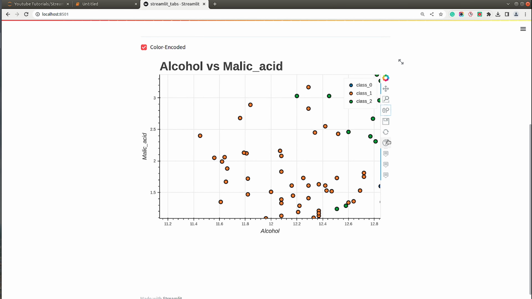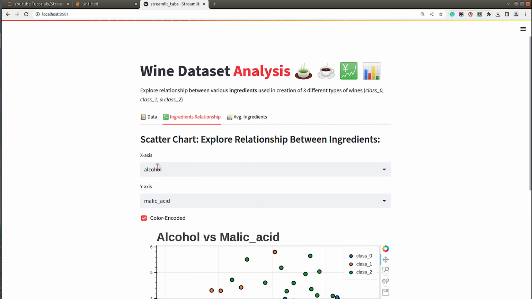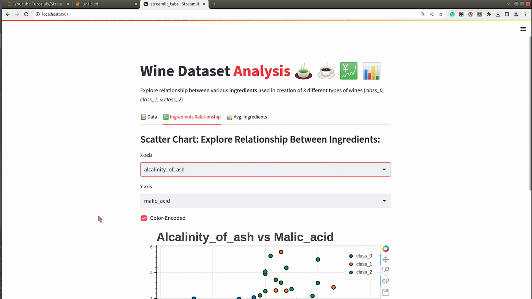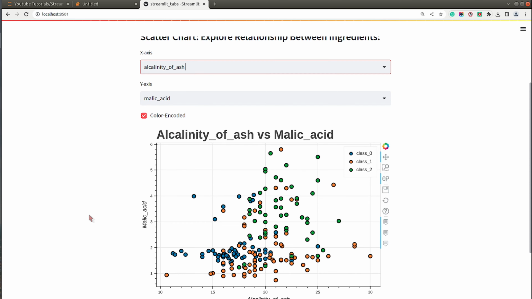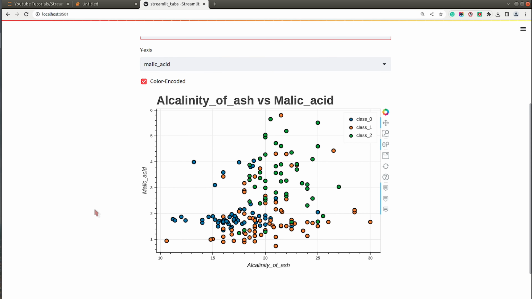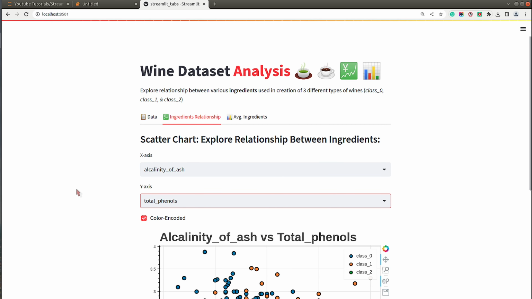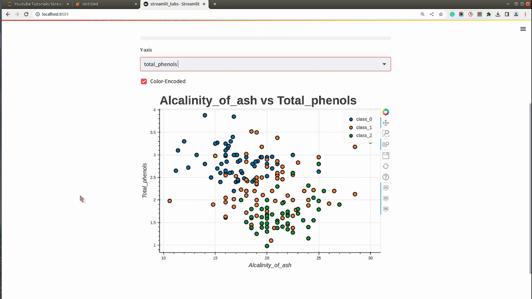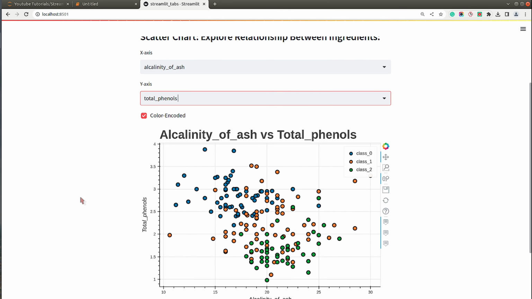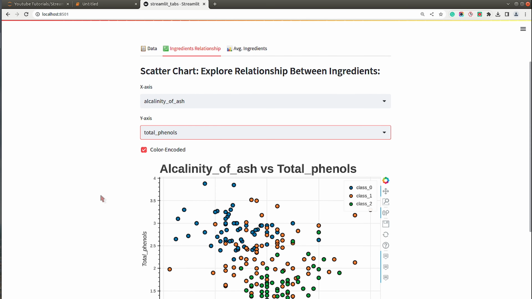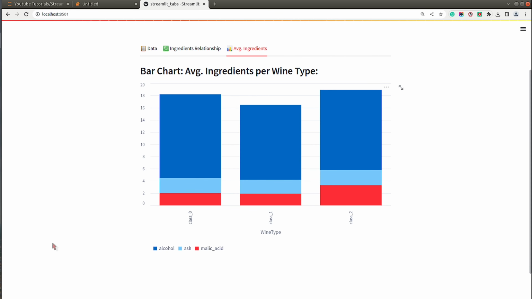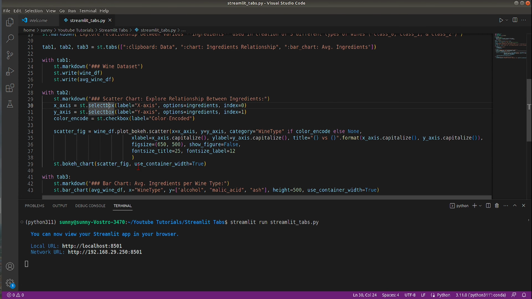And let me try different ingredients. As I change the x-axis value, as you can see, it's reflecting in the chart. Let's try total phenols. For y-axis also it's working fine. So yeah, we have successfully created our scatter chart and linked it with widgets. So whenever we change widget state, it's changing the chart as well. Let's go ahead and do the same for the bar chart as well. So for the bar chart,